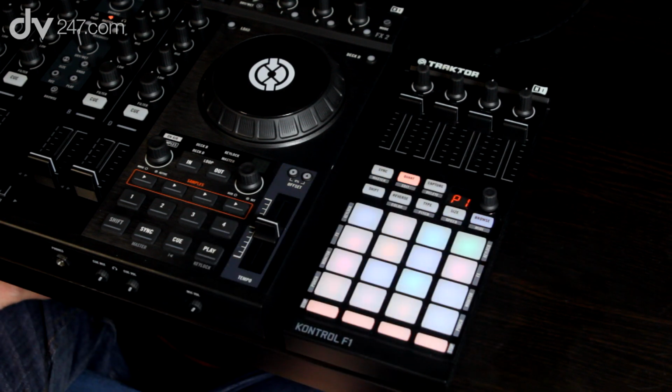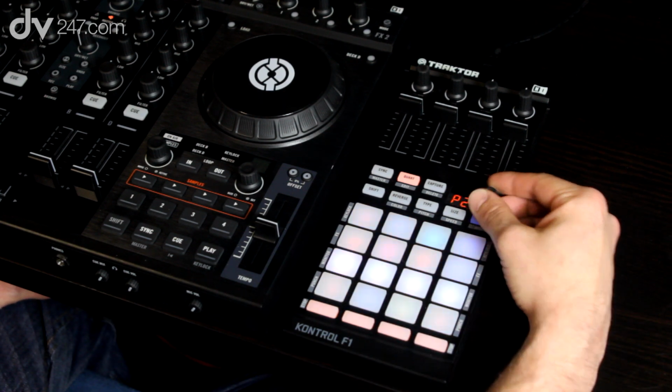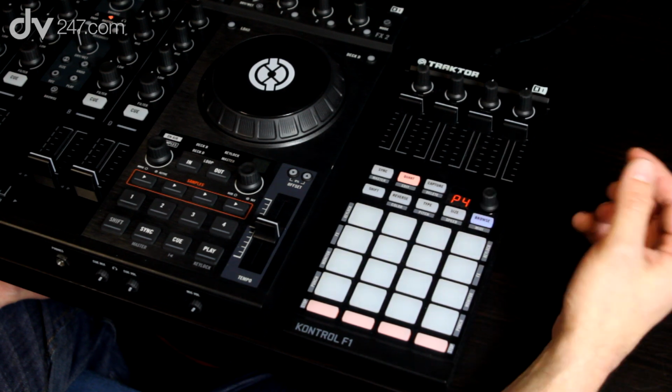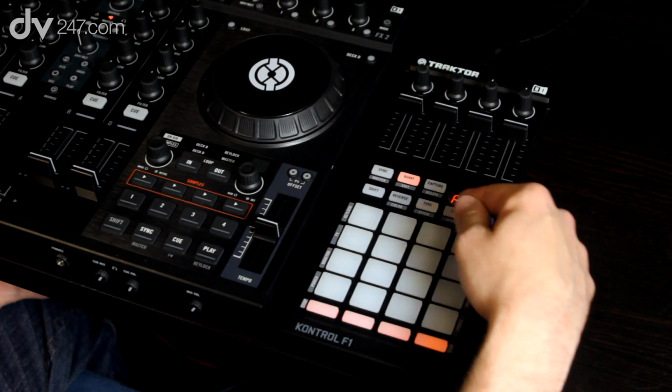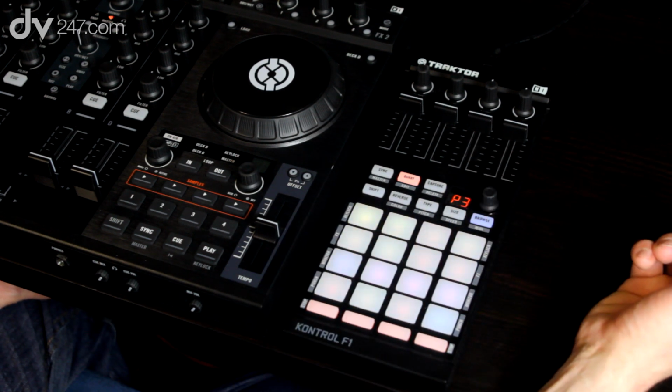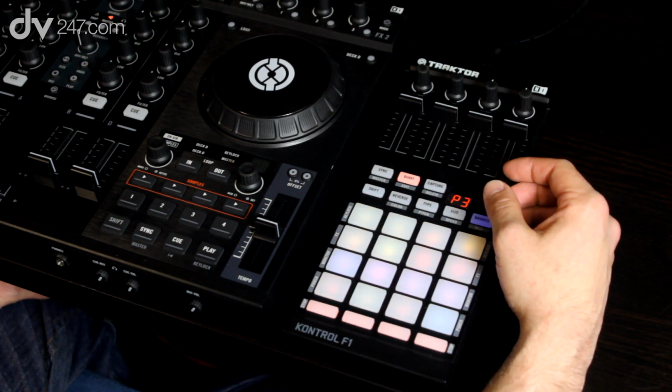At the moment, when you look at the F1, you can see it's got P1 showing to me. That means that I'm on page 1 of 4 pages. If I move the encoder, I'll go to page 2, page 3, page 4. You can see that I've got some blank sample slots here, so I could fill those with my own samples if I wanted to. If we go back to page 3, we can see that we've got samples on there,